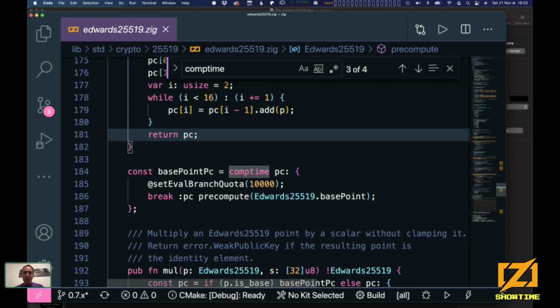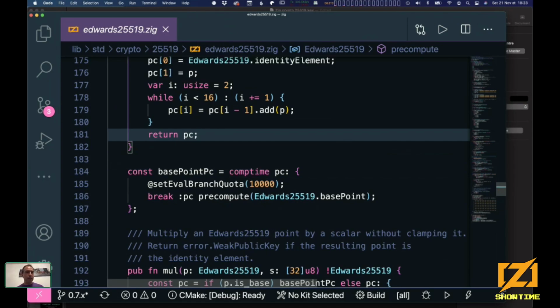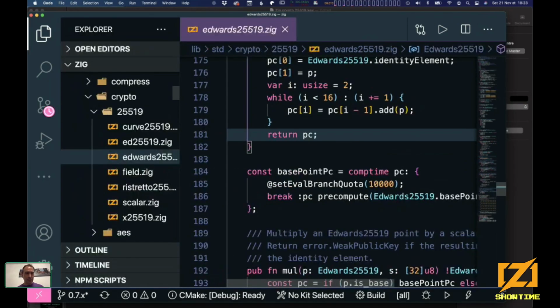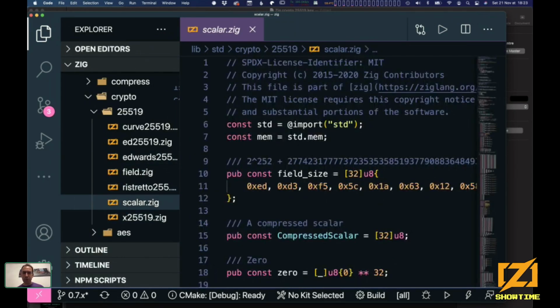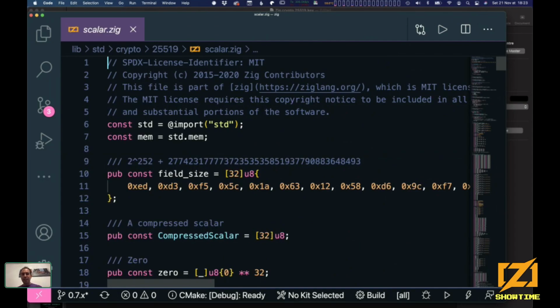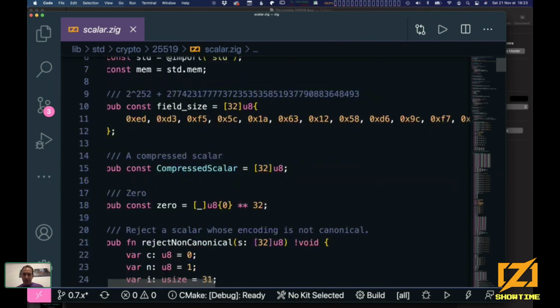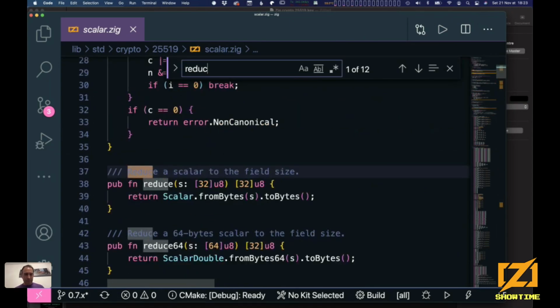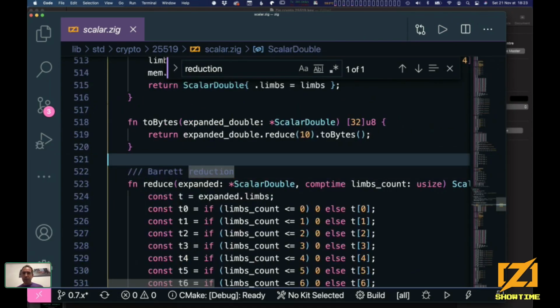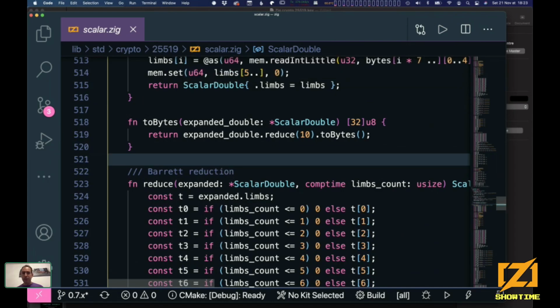Another nice use case for comp time that I found is in a completely different thing. So if we take a look at scalar, for example, I'm not going to talk about this. This is yet another prime field. But what's more interesting is the reduction. This is using a different technique for reduction because this is not a nice prime.